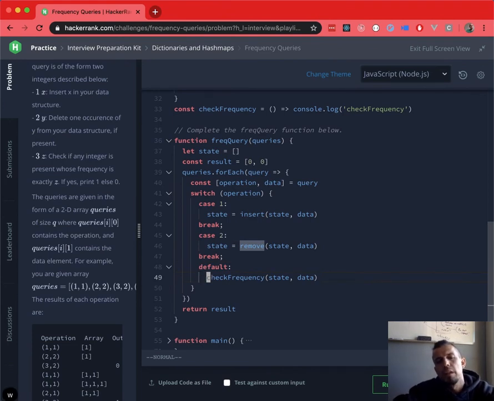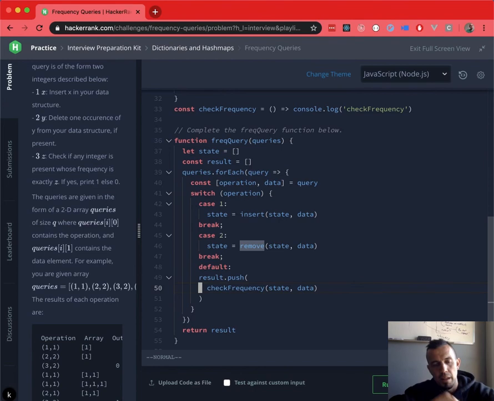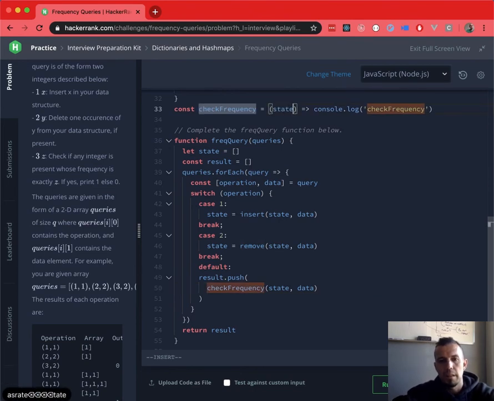So check frequency. This isn't going to be updating the state. This is going to be updating our results, which delete inner brackets, which is going to contain a 1 or a 0. So instead of updating the state, we're going to say result push whatever that is. So right now, it's not doing anything. State data. So it's funny because it's inside of this